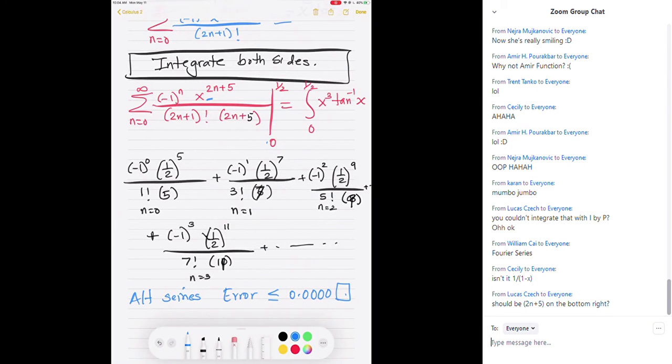Maybe I start checking with this one, or maybe I start checking with this one. Remember, if this one is less than or equal to, you have 4 zeros after the decimal and some number, then you know you can just add these 3 terms and you are done. Then you have to check this one. If this one is less than or equal to 4 places after the decimal, then only adding the 2 terms